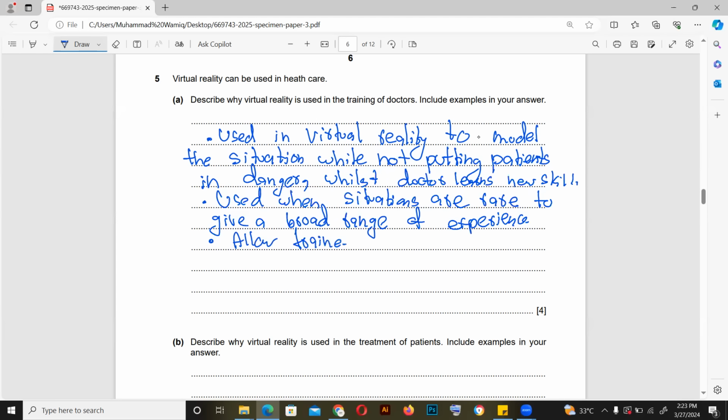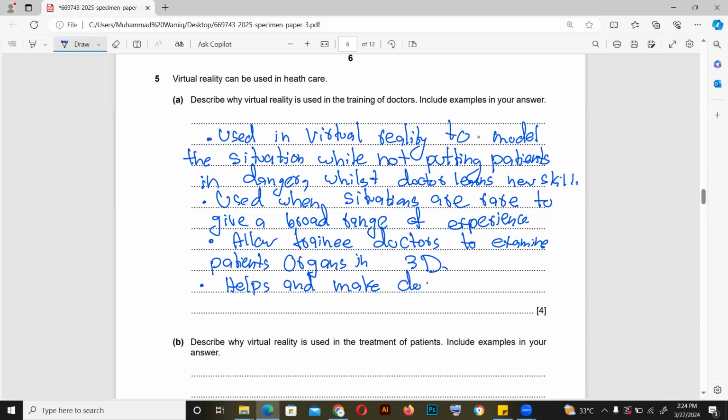Allow trainee doctors, the newly hired doctors, to examine patients' organs in 3D in virtual development. 1, 2, 3, and the last point should be it definitely helps